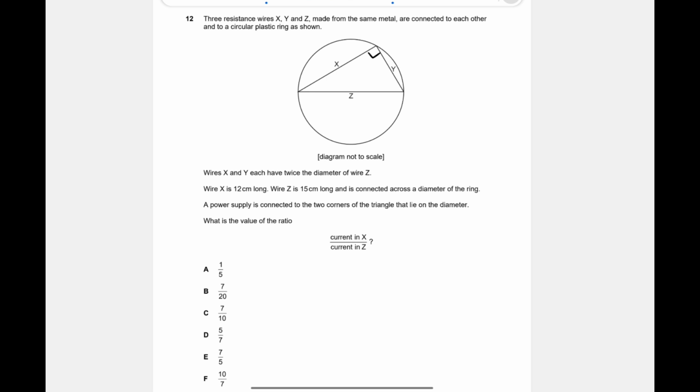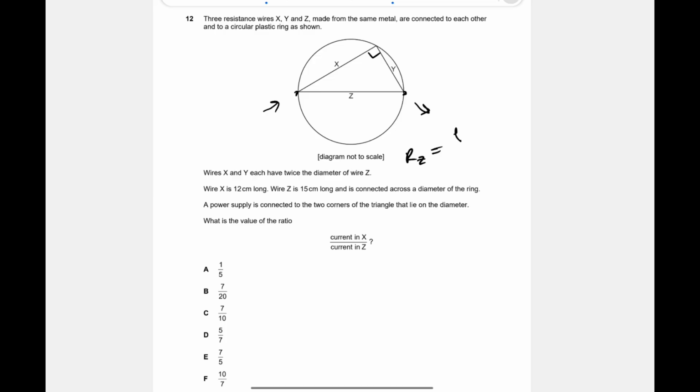Because that means this is 90 degrees because of the circle theorem. The power supply is connected to the 2 corners of the triangle that lie on the diameter. Okay, so it comes in like that. So the resistance of Z is going to be